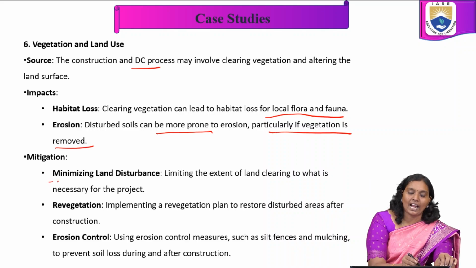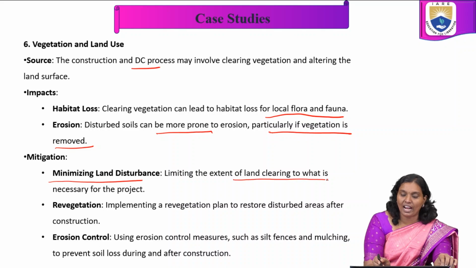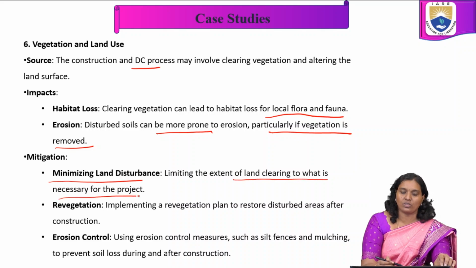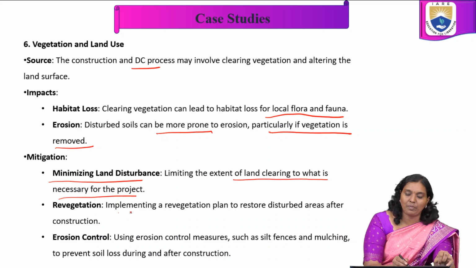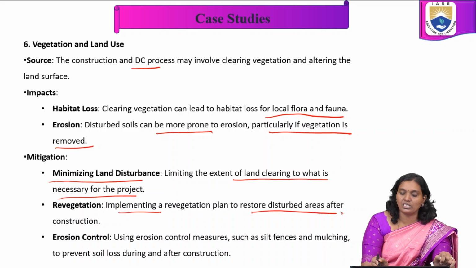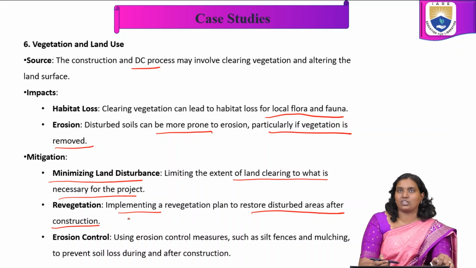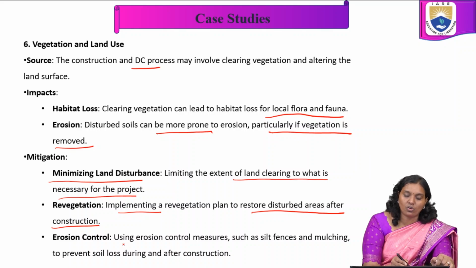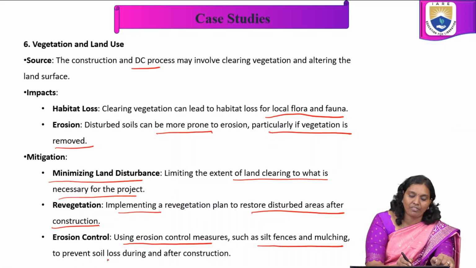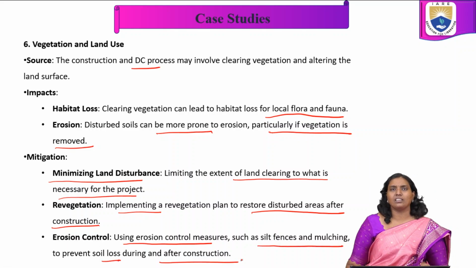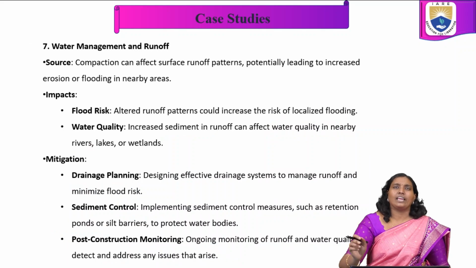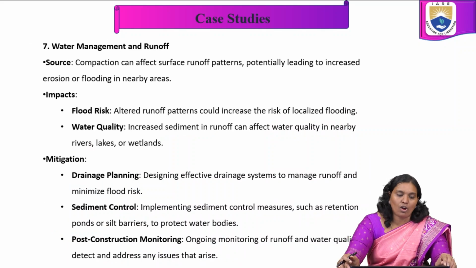In minimizing land disturbance, limiting the extent of land clearing to what is necessary for the project. Revegetation, implementing a revegetation plan to restore disturbed areas after construction. Erosion control, using erosion control measures such as silt fences and mulching to prevent soil loss during and after construction. In water management and runoff, compaction can affect surface runoff parameters, potentially leading to increased erosion or flooding